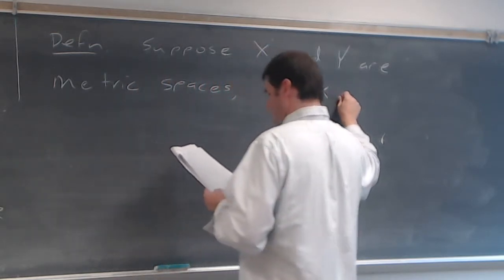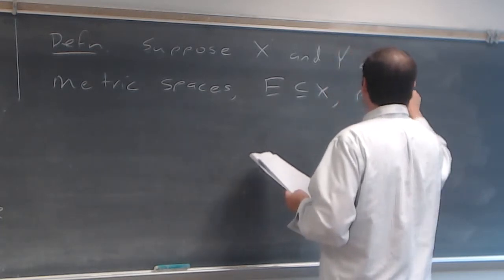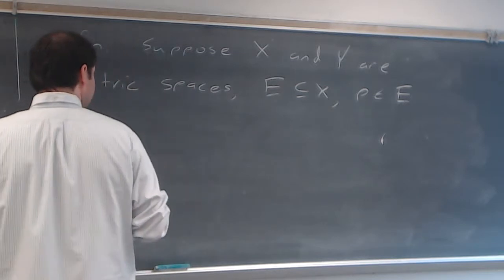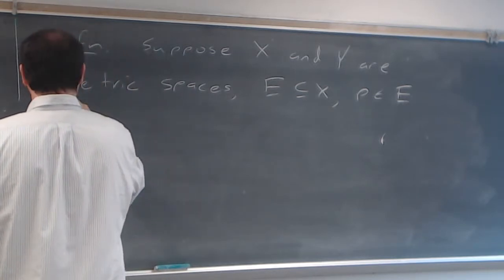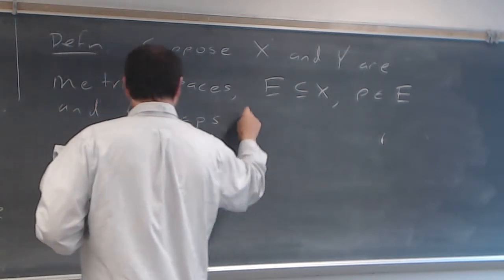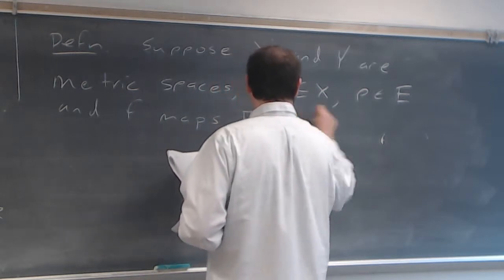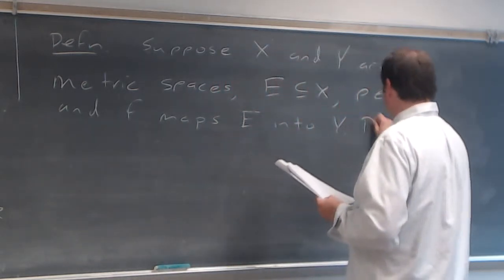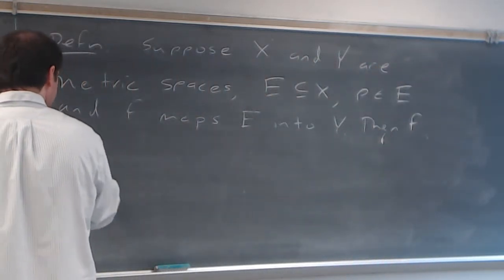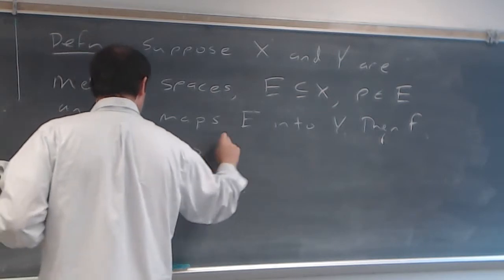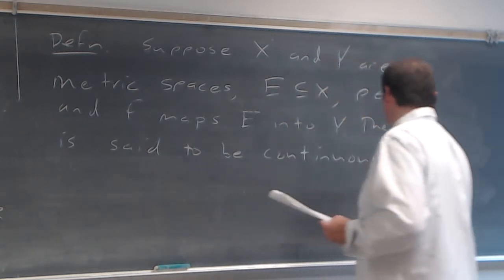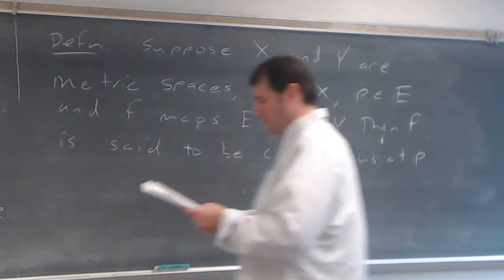E is a subset of X. P is an element of E, not necessarily a limit point. It might be a limit point, but it's an element of E in this case. And f maps E into Y. Then f is said to be continuous at p